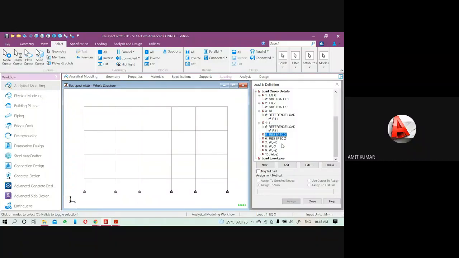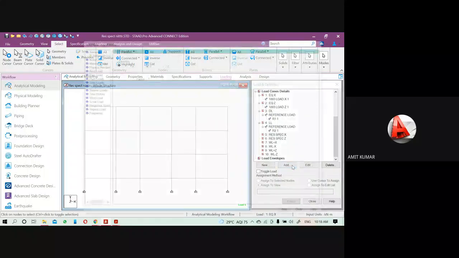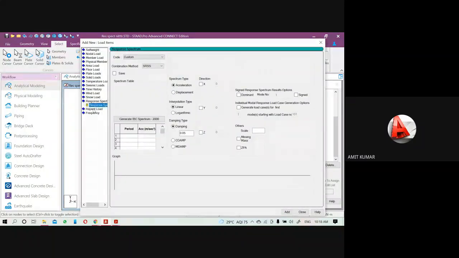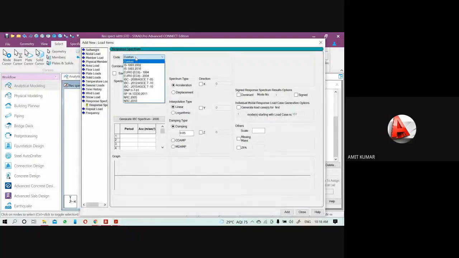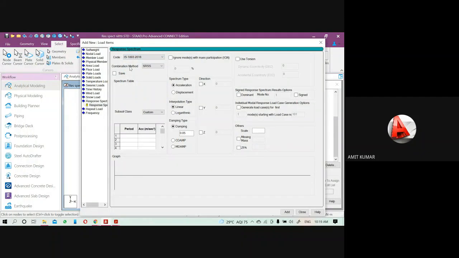So come to the response spectrum X, click on the add and go to the response spectra here. The first thing is to select your seismic code. So I will select the IS 1893 2016 code. Then here is the combination method. There are many other methods: CQC method, ABS method, that is the absolute sum method, and the square root of sum of squares method.